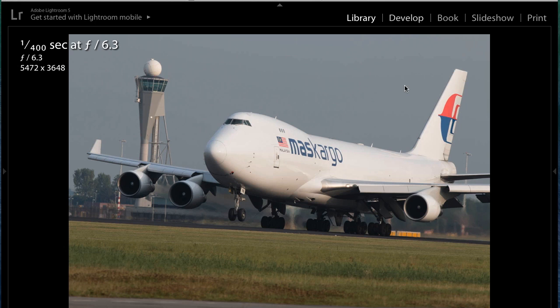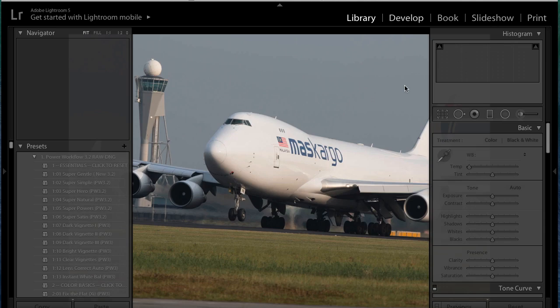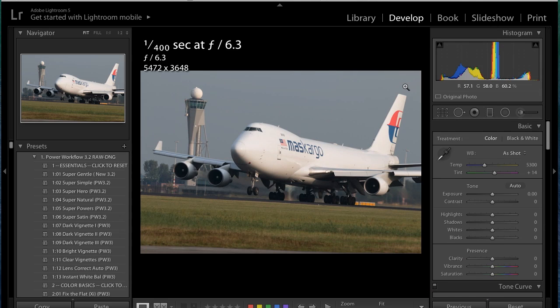I go into the develop module and I will level, fix dust spots, and add some lens adjustments, camera profile adjustments, and make sure that there's no chromatic aberration. Of note, I do not add any sharpening or noise reduction in Lightroom. Many times while screening an image, you'll see images that are inconsistently sharpened. Some areas are jagged, some areas are soft, or the whole photo is soft, or the whole photo is over-sharpened and jagged around the edges. I want to show you some ways to remedy that as well, and I'll do that at the end of